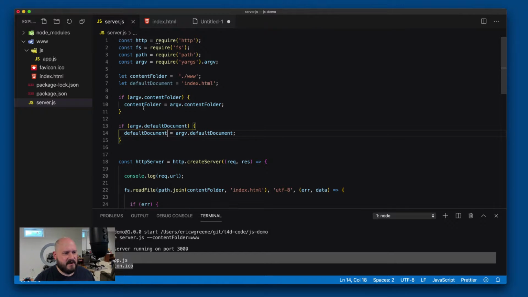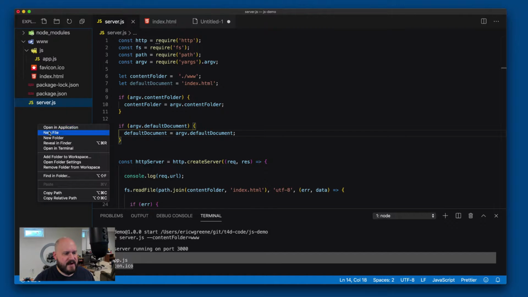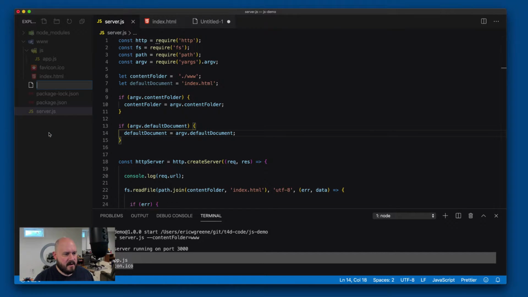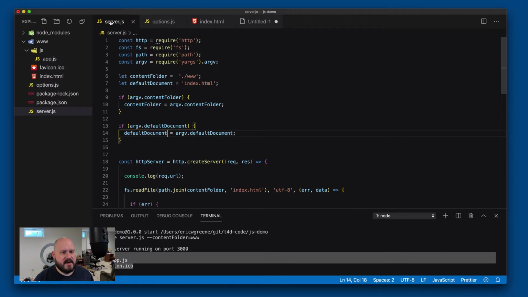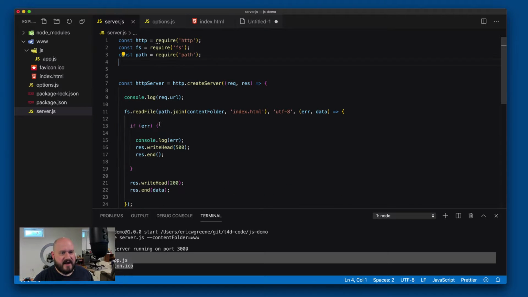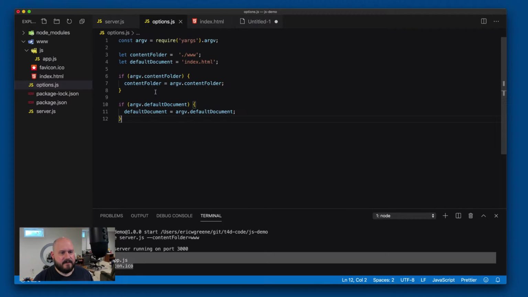So what if I created a new file over here, and let's call this options.js. That would work. And then what if I came over to here and grabbed all of this code and pulled this out, popped it into here,